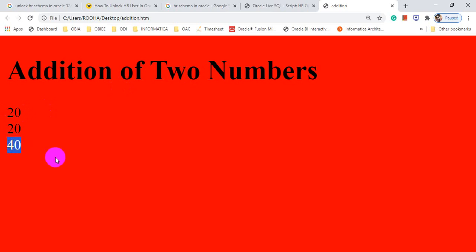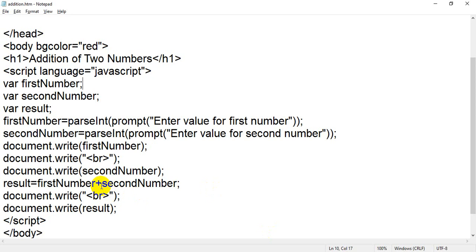That is our expected result, that is our question, and it will come in your examination for 5 marks. If the question comes for addition, you have to use this symbol, that is the addition symbol. If the question comes for multiplication, just replace the symbol.